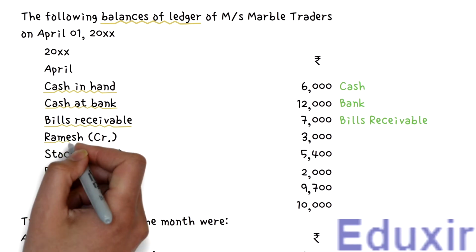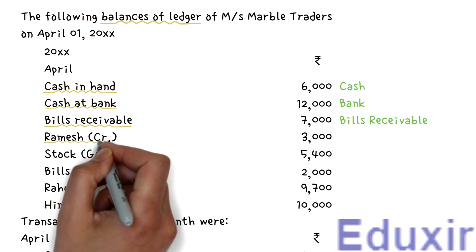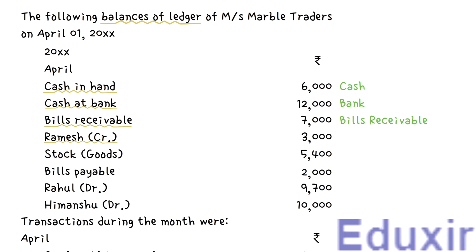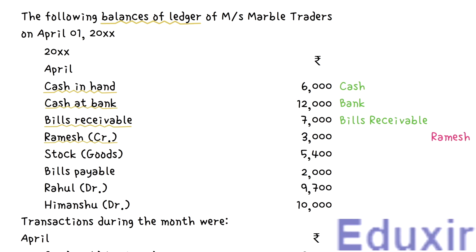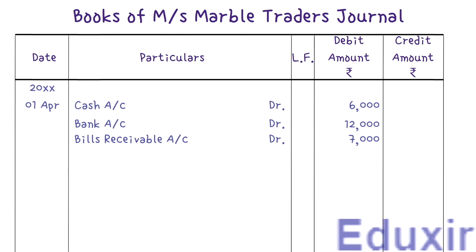Here, Ramesh has a credit balance and Ramesh's credit balance brought down is 3,000 rupees. So, Ramesh is a creditor and should be recorded as a liability. With this analysis at our disposal, let us now proceed with the journalizing of this transaction. As we have more debit entries coming up, let us reserve some space for them and record this credit entry. As you know, the credit entries are always recorded by leaving some margin.